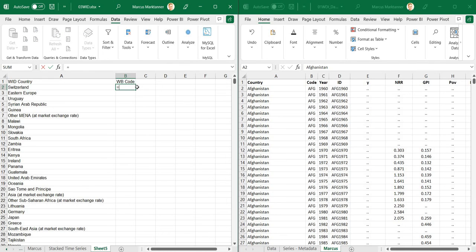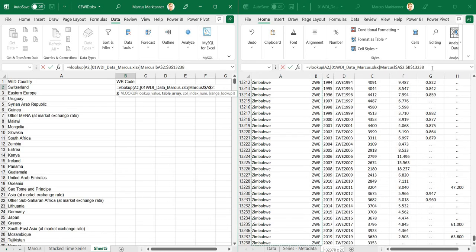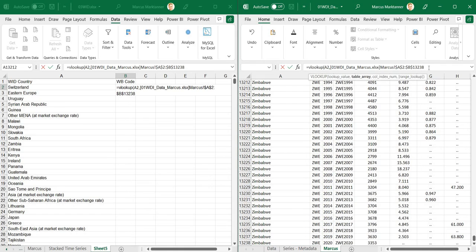And so we do VLOOKUP equals VLOOKUP. So we look up Switzerland, and even though we have the same variables here several times, we just can use that as the table array in which we look up our values, so that won't be a problem. But if you wanted to, you could have a separate file where you have it just for each country name once, and you have the World Bank code. But it's not a problem if you look up such values in a panel, as long as all the values are the same